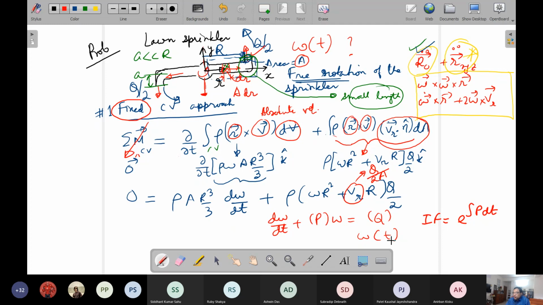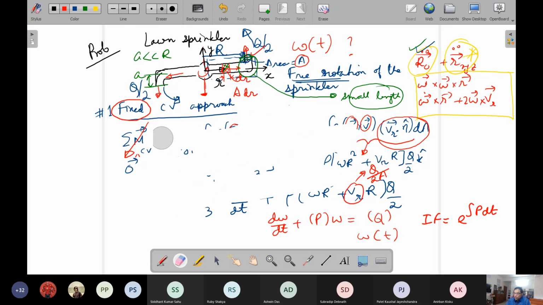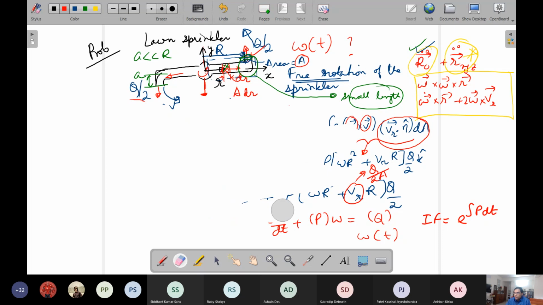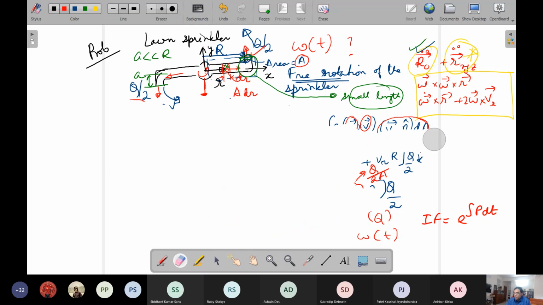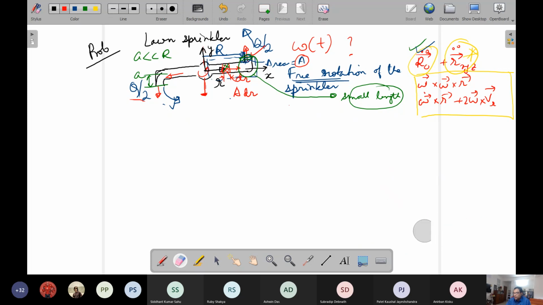So this is actually the solution of the problem, but this problem could also be solved by a moving control volume approach. It is of great interest to see whether that approach and this approach converge to the same thing, and ideally it should, because whatever control volume you take, the angular velocity of the sprinkler as a function of time is a physically measurable outcome which should not change based on what you consider as a control volume for your analysis. So with that spirit, let us consider method number 2, which is this moving control volume.